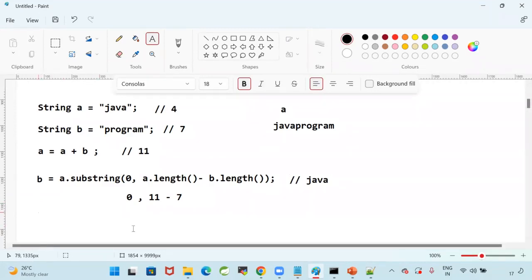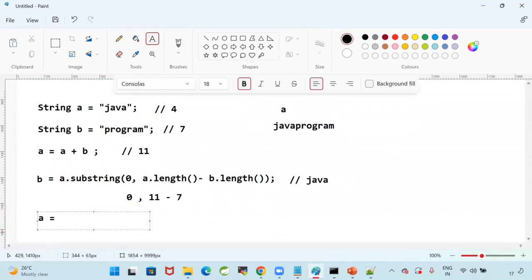Then when it comes to the A variable, what do I do? A dot substring of... What will I do now? Not required. Directly can I do b dot length? What is the b dot length now? 4. B dot length will become 4. Then from fourth to last, then it will become